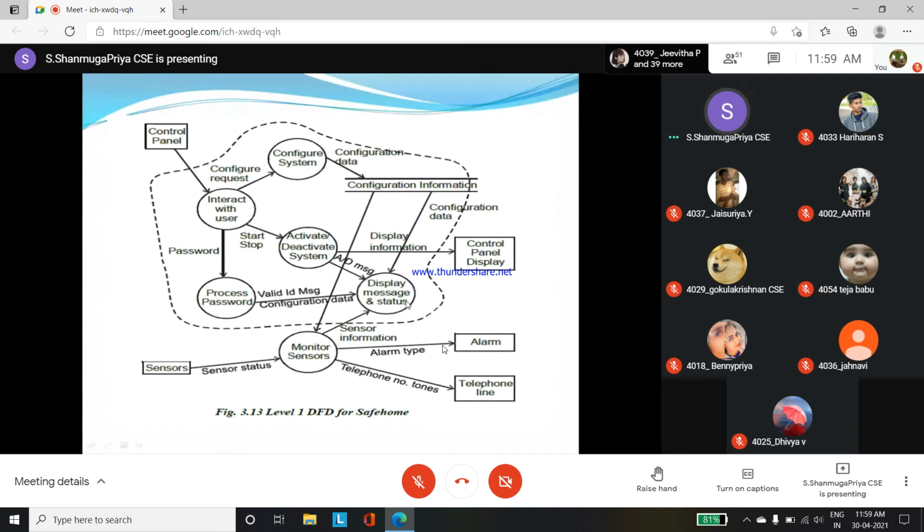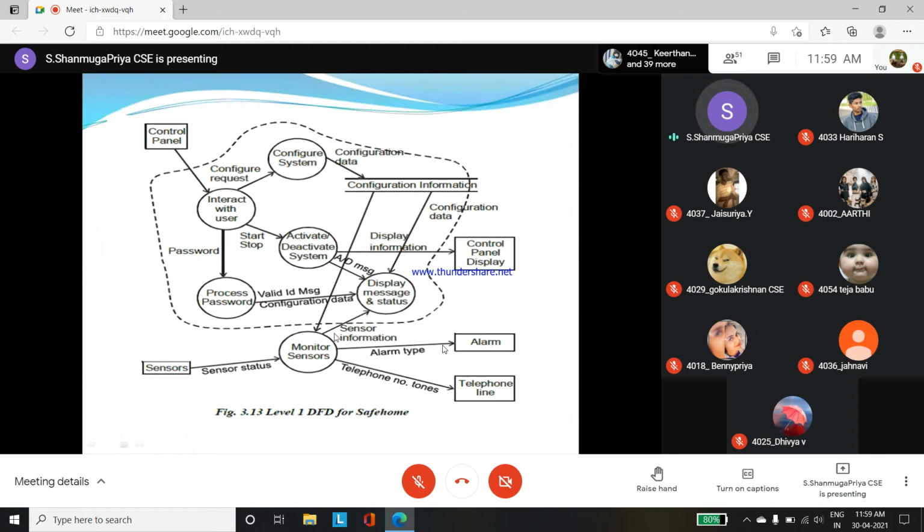So here, see, we are using these arrow mark symbols. With the help of this we can identify the way the data is flowing. For the display message status module, we are getting input from all the sides; we are not giving output to anybody else.